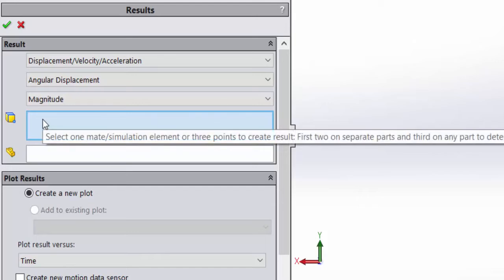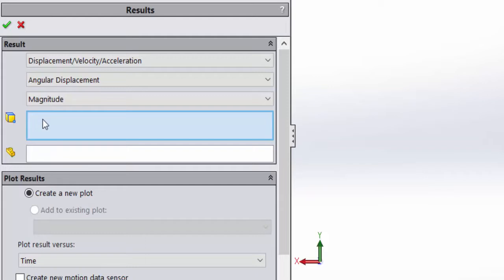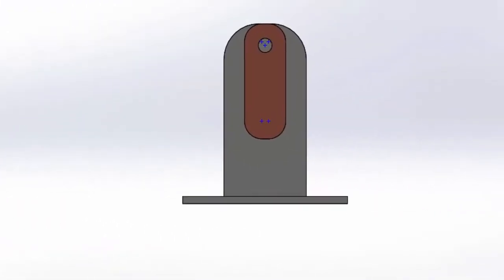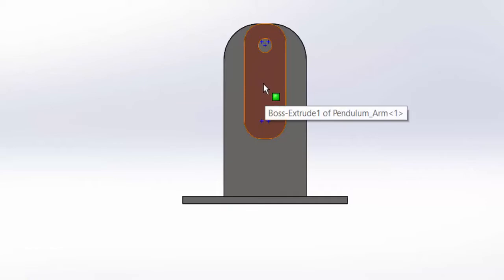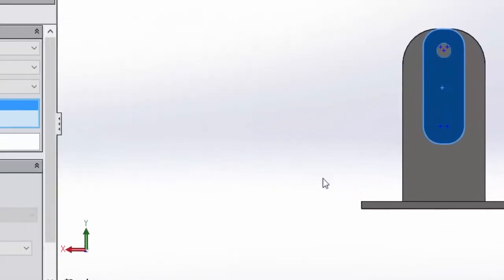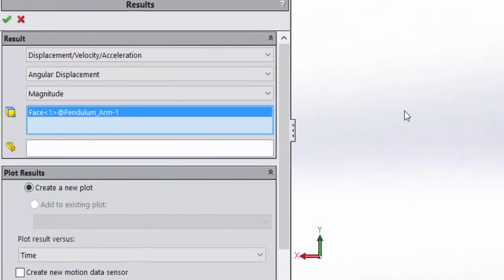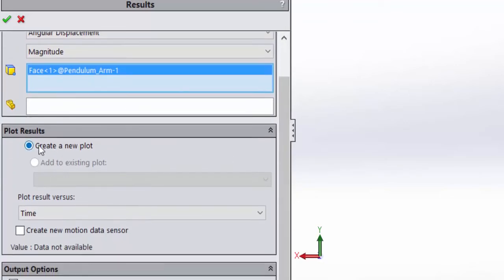It will then ask you what is going to be used, either selecting a mate or a simulation element, or 3 points to create your result. In this case, we're going to compute the simple angular displacement of this face, or in other words, the entirety of the pendulum arm. For more complex motions, you may need to be more careful in selecting which features you need to utilize in order to compute a correct angular displacement, velocity, or acceleration. Now, we're going to go ahead and create a new plot, and we're going to plot against time. If I click OK,